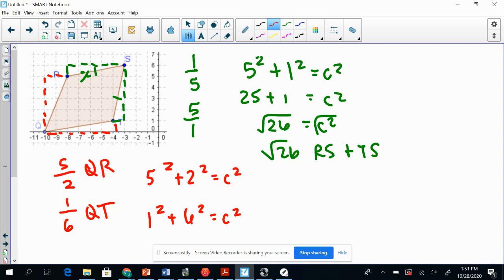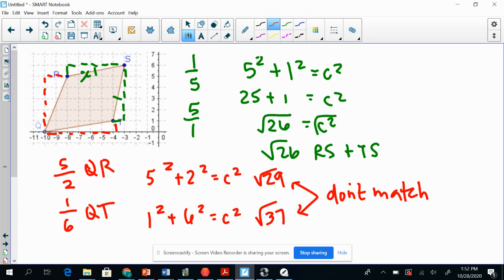So these are definitely not going to have the same length. For the record, though, you do need to show it because ultimately you're proving that you know what you're talking about. So 5 squared is 25 plus 4. So that's going to be the square root of 29 for QR. And then 36, because 6 squared is 36, plus 1 is going to be the square root of 37. So because these don't match,